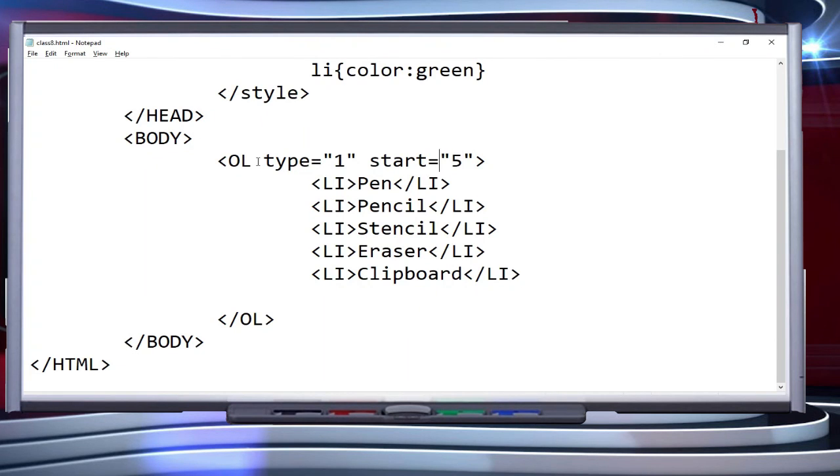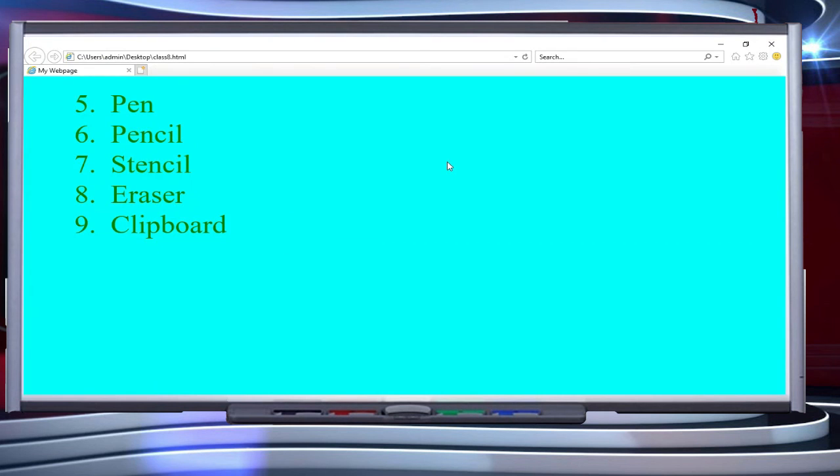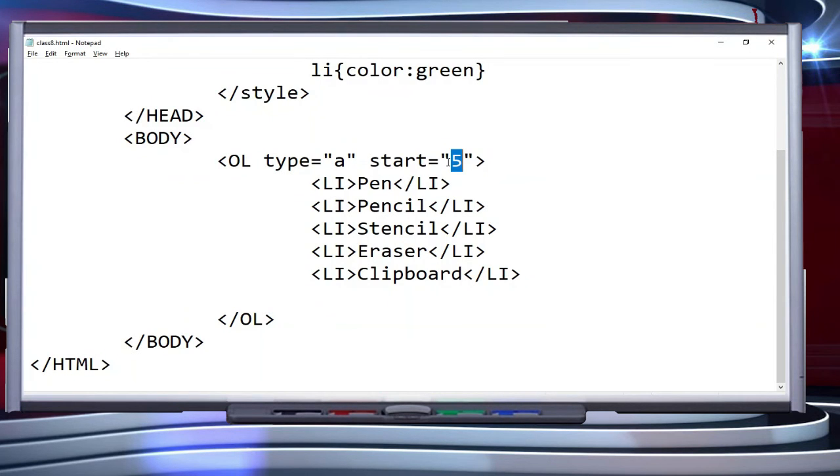Similarly, if you are using A, but here don't use any E or F, you will be using numbers only, and you can check here that it will start from E, right? So this is how you can start it with some other numbers also, right? Now let's proceed with the next topic of ours, and that is third type of list,